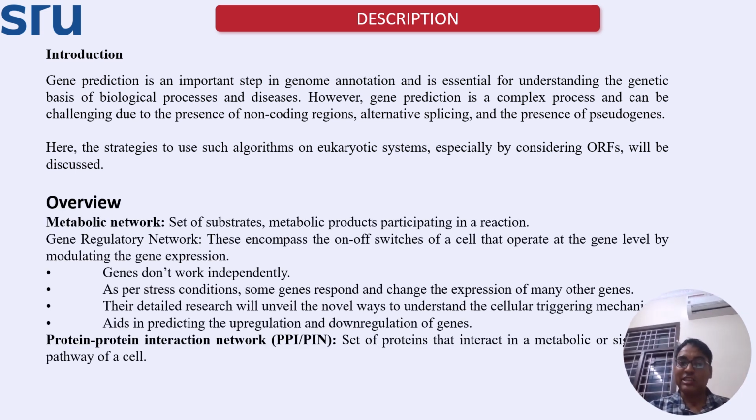The protein-protein interaction network is also termed as PPI or PAN, protein interaction network or protein-protein interaction network. But we understand that genes do not work independently, and things keep on changing. Like if I take glucose, different kinds of enzymes will be produced in the human body. But the moment I take lactose, lactose present in milk will be first converted. So if you take milk, lactose will be converted to glucose and galactose.